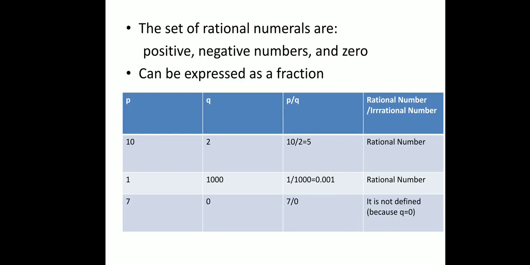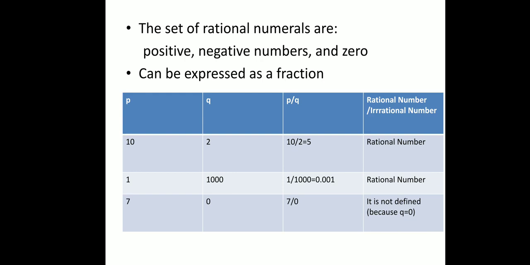As we studied in the definition of integers, integers are positive natural numbers, negative natural numbers, including 0, and we know that integers play an important role in rational numbers. Next point, which is also very important: rational numbers can be expressed as a fraction. Obviously, if a number can be written in the form of a ratio, then that number should be a rational number, provided both conditions are satisfied.